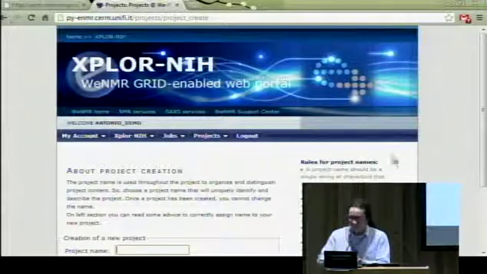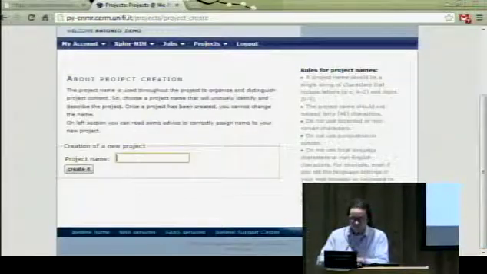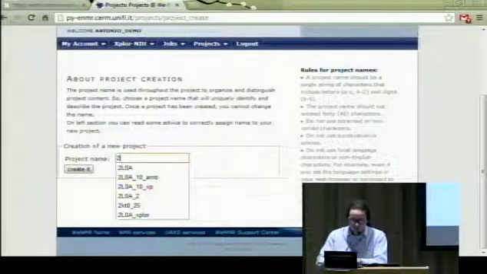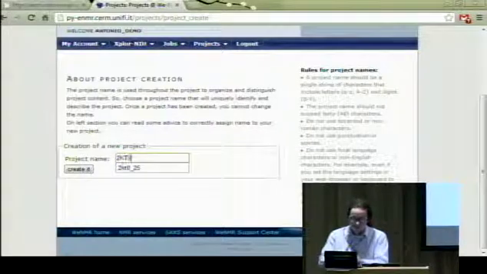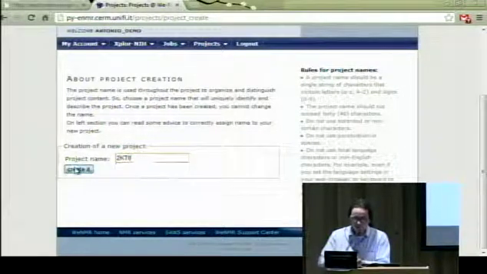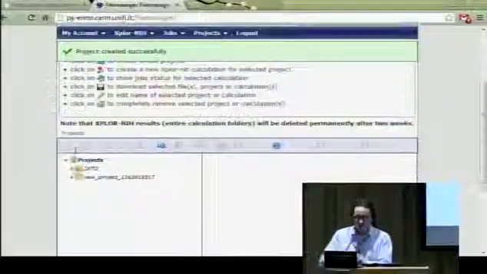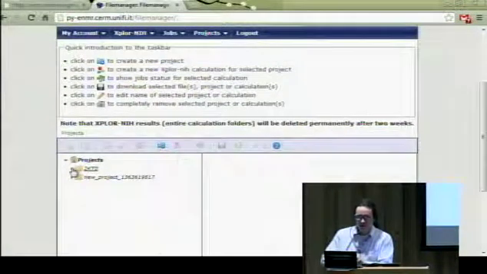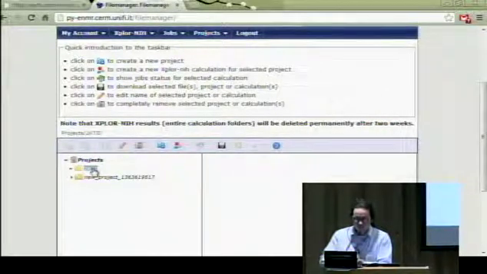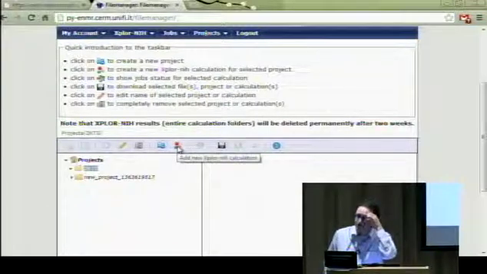Just give it a name. 2KT0, always playing with the same couple of proteins. Now I created a project. It shows in my directory structure, and of course it's empty. So what I can do here is add a new calculation,